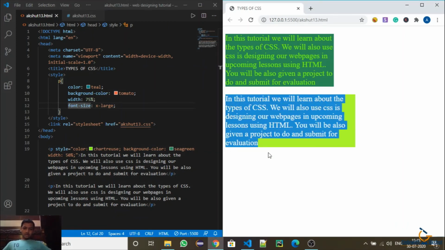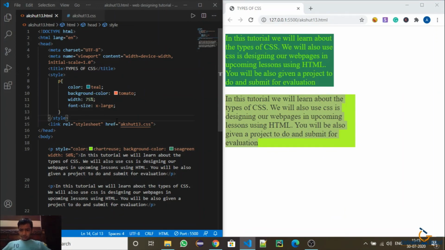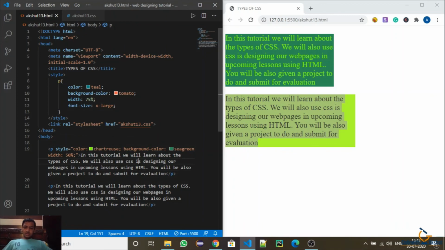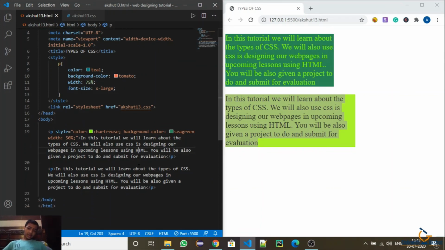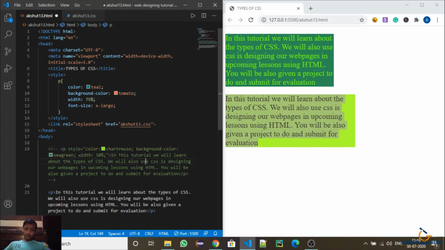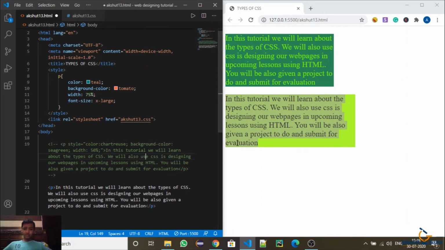Also, the thing that comes first does not work and the things that come after it work more. So inline CSS will make our file more lengthy and full of code, and we will not be able to do much with it.